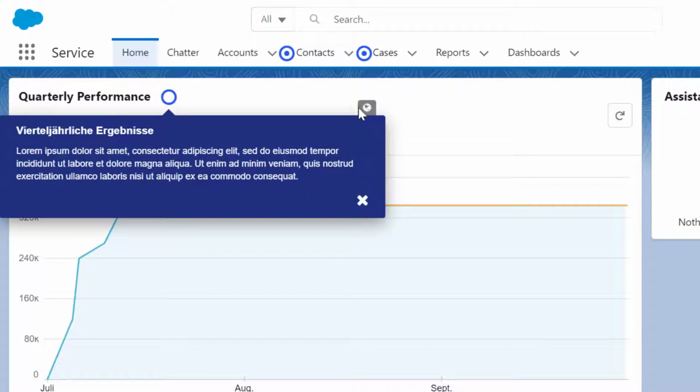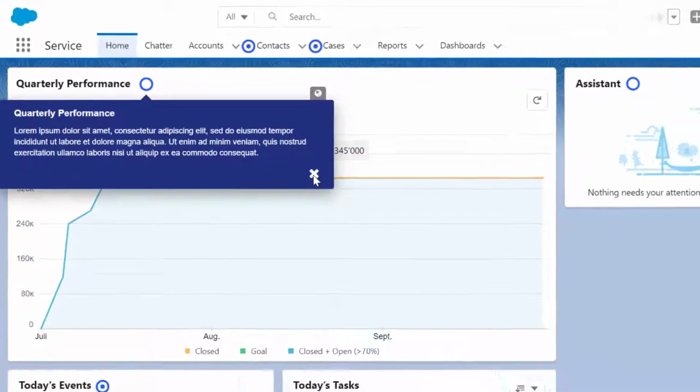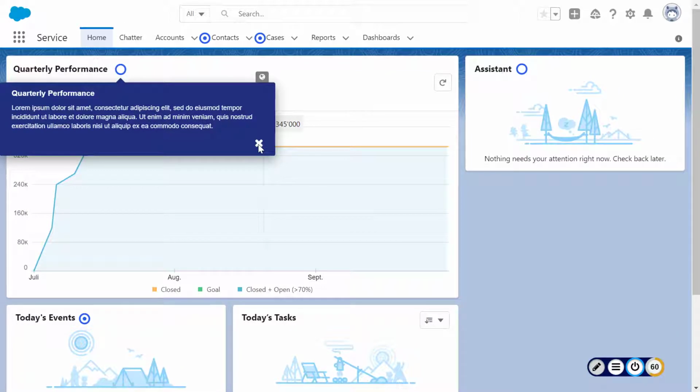If a user wants to switch the language of the help content, they can click on the world icon and switch between the available languages. Gravity saves that information for that user and uses it as their preference. If the user's browser is set to German, but they choose English as their preferred Gravity content language, all callouts will be displayed in English.